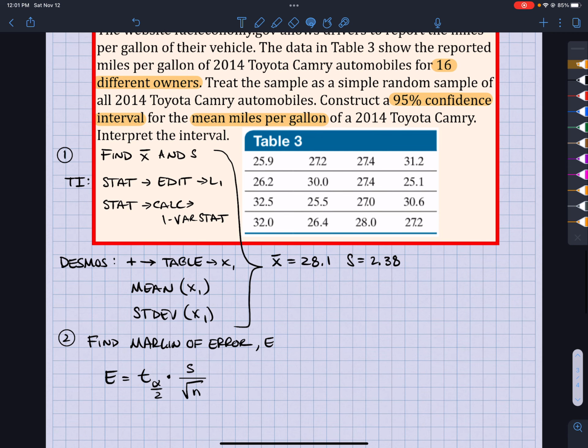And how do we find t? So over here, since we have a 95% confidence interval, we know that the alpha is equal to 5%, right? That means alpha divided by 2